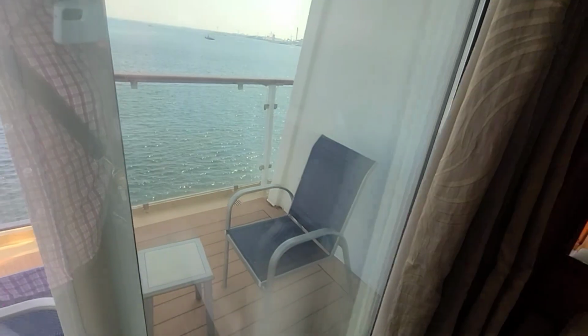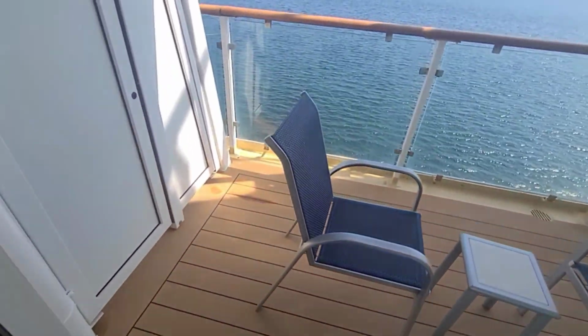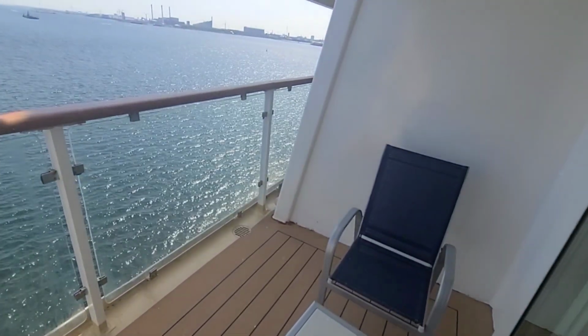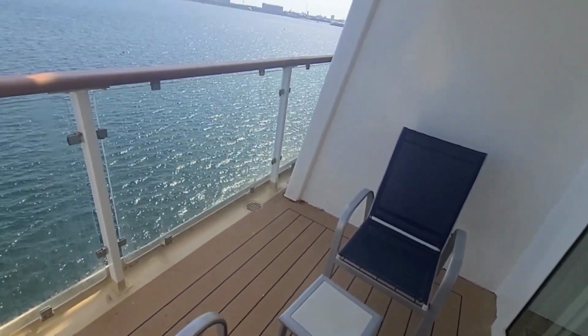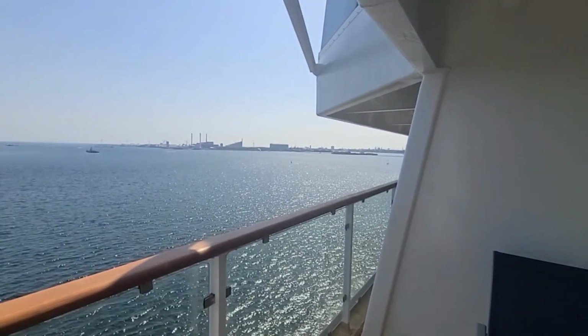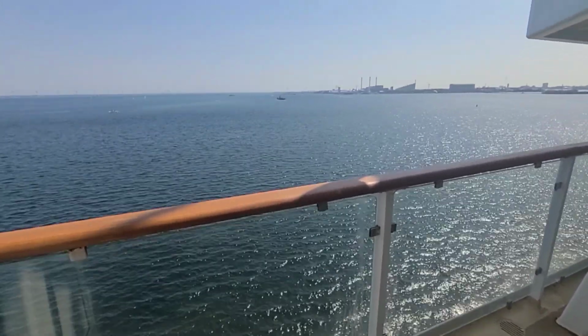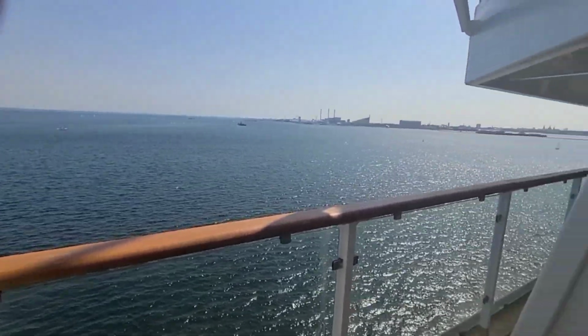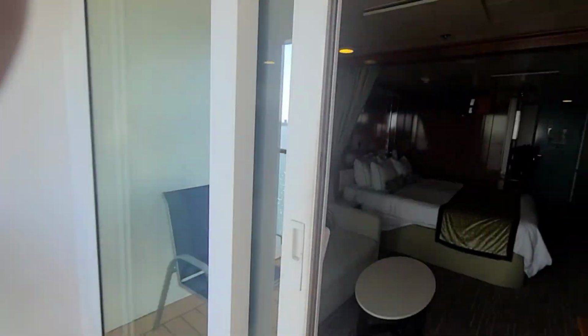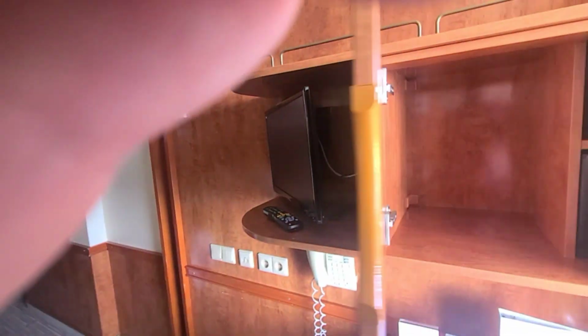We are in Copenhagen right now. So, we've got 2 lounge chairs here, looking out over Copenhagen, the windmills, and then that's the military area. So let's go back. We got this little table here. We have a few drawers here, a safe,